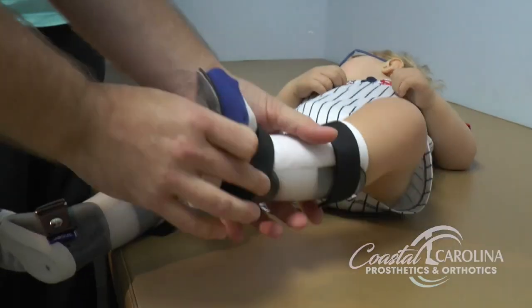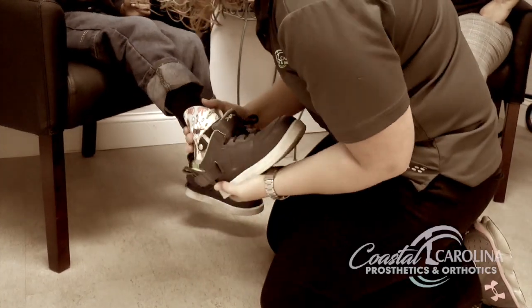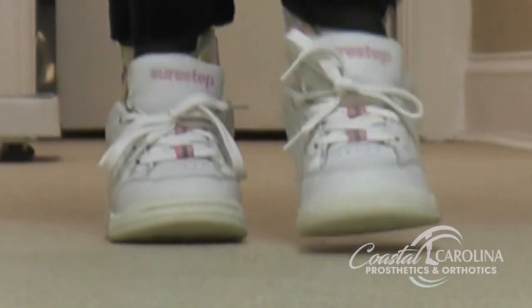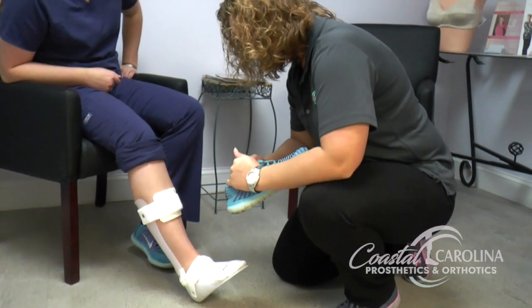We have access to special shoes for diabetic feet. We also deal with off the shelf running shoes where we put the foot orthotics in to accommodate the patient's feet. We have a central hub in Elizabeth City that provides support in the manufacturing for all of our other